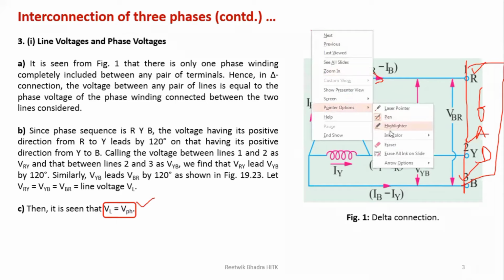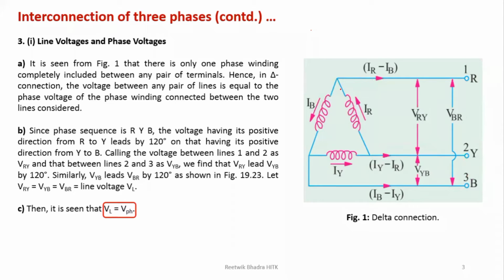Please remember that. Okay. So now you see at this point, this is a node forming over here. This is a node over here. This is a node over here. So if you apply KCL at this node, what will you get? IR to be incoming and IB to be outgoing. And this is again outgoing. Suppose this is I1. This is terminal 1, so I1. So can I write like this? I1 is outgoing, and IB is outgoing. I am applying KCL, so incoming equals outgoing current. So I'm writing the outgoing current on one side, I1 plus IB. What is the incoming at this node? It is equal to IR.